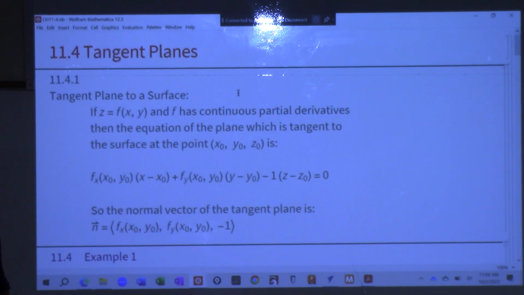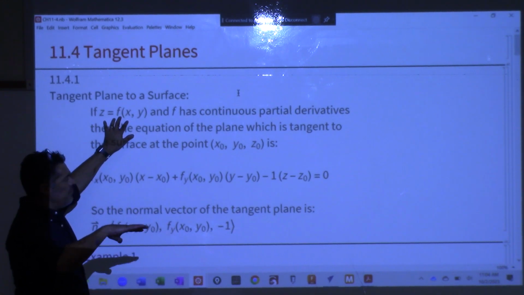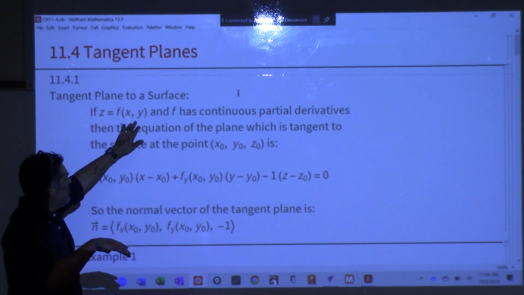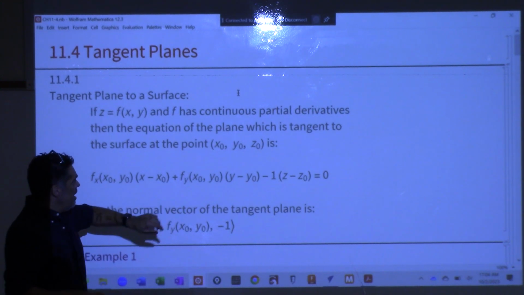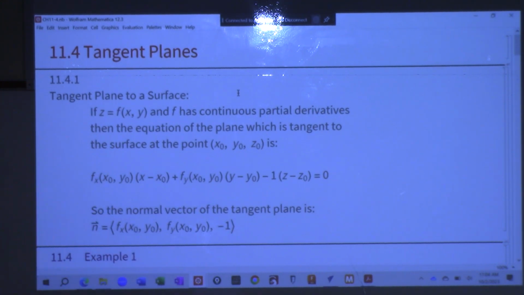This section was very short, tangent planes. It was how you can find the equation of the plane that is tangent to a surface at a point. So if someone gives you a surface function of two variables, z is some function of two variables, that draws a surface, and then we have some point on that surface. This formula is the formula we can use to find the equation of the plane that is tangent to that